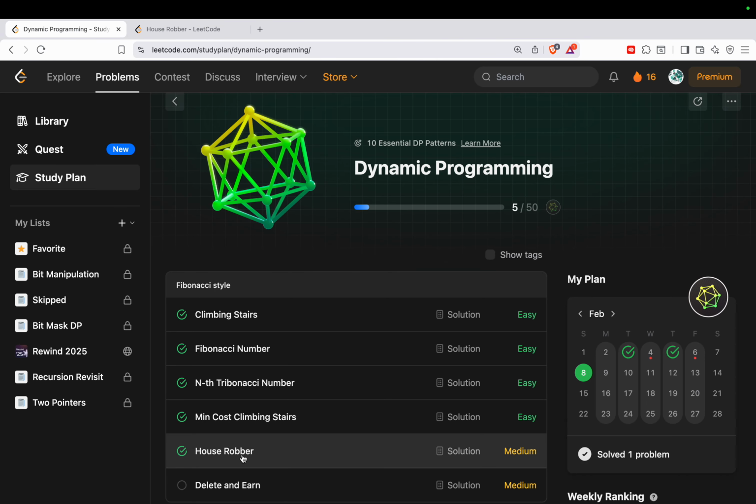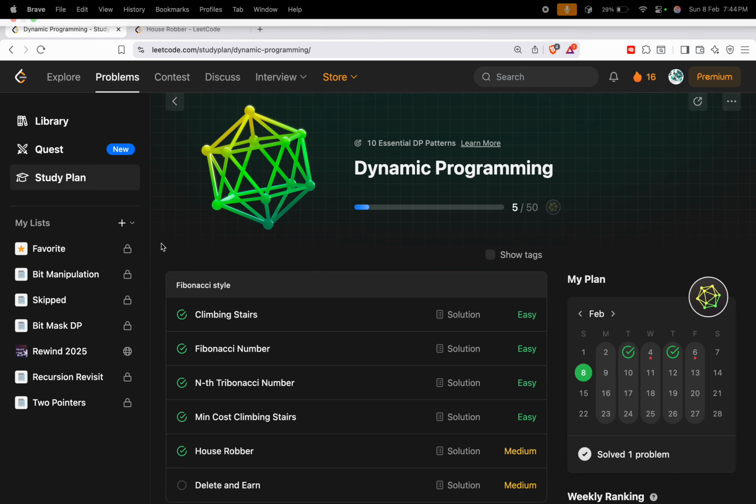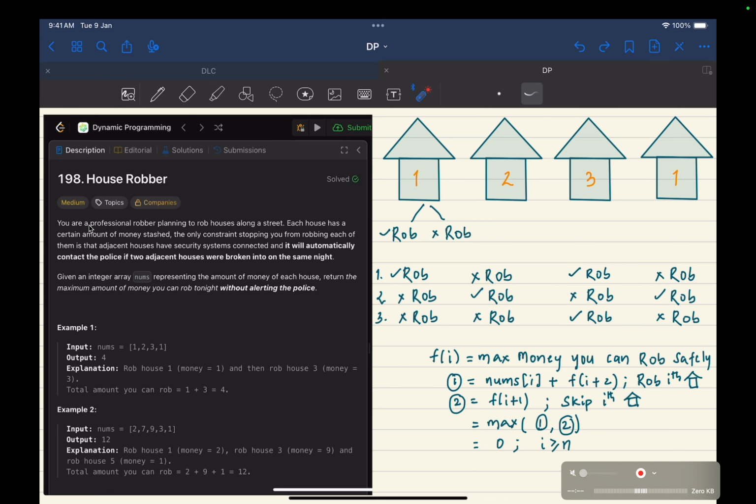Let's solve the fifth problem of the dynamic programming study plan. Okay, the problem statement states: you are a professional robber planning to rob houses along the street. Each house has a certain amount of money stashed. The only constraint stopping you from robbing each of them is that adjacent houses